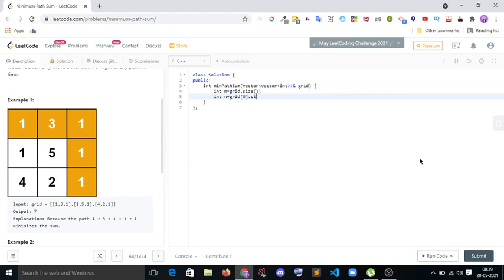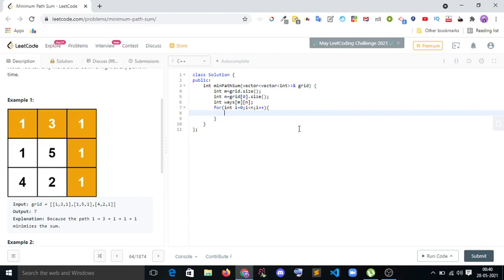Now we need int dp of size m by n. For the first row, int i equal to 0, i less than n, i plus plus.